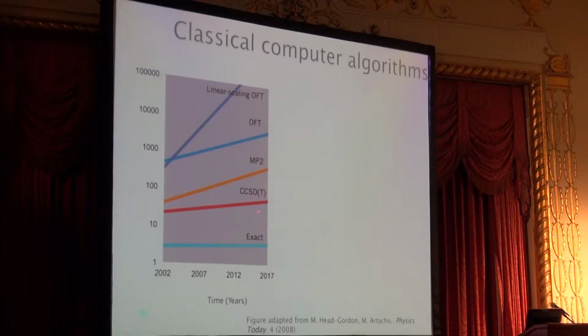These polynomial scalings translate eventually into the number of atoms that you can treat with different approximations. The gold standard, roughly, this perturbation theory method, takes you to the order of 100 atoms. But really, the exact simulation in classical computers doesn't scale very well, and we won't get to 10 atoms, maybe in a very long time, okay?